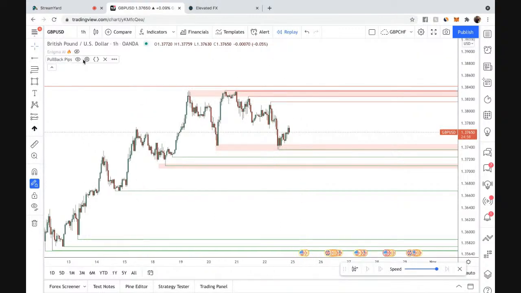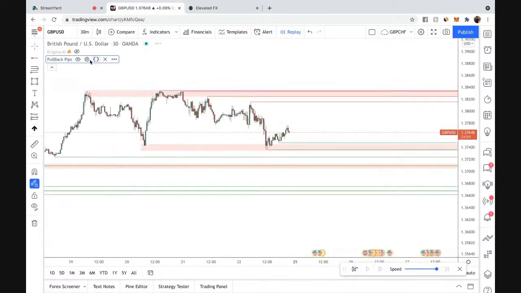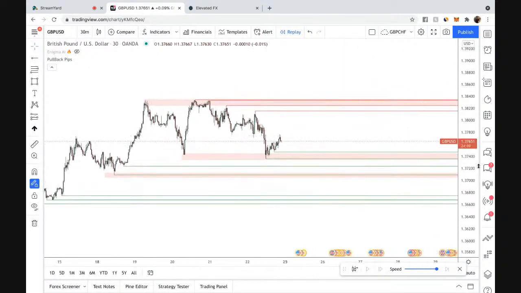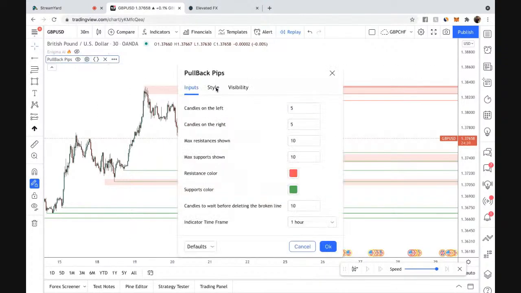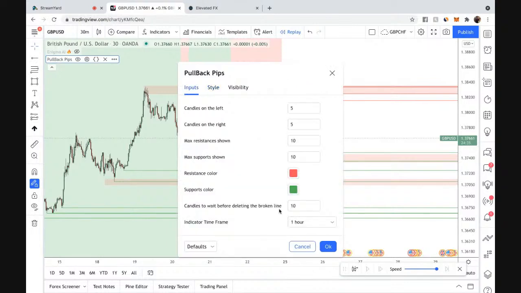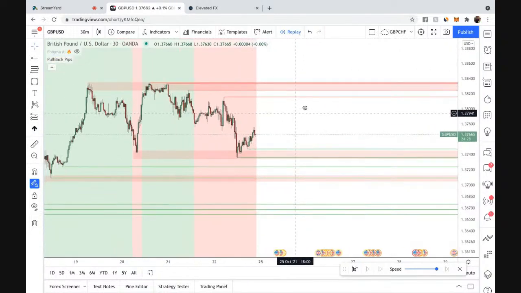So let me just see something on my pullback pips real fast. Let me go to my 30-minute. If you notice, even as you're going down, these levels are still relevant, right? So always understand, the first thing I'm looking at is structure from my daily, 4 hour, 1 hour. Eventually going into my entry, where I'll be able to now identify with my pullback bias, am I bearish or am I bullish? When I'm doing this on the 1 hour and I'm on my 30-minute, guess what? We're selling the market in this situation.